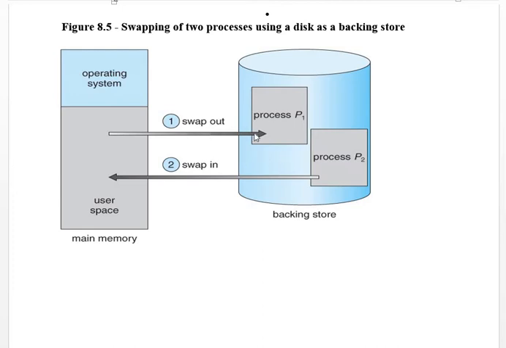And when the next process is scheduled for execution and is brought into the main memory, it is known as the swap in. This is done because memory has limited size and it can store only a few processes. So whenever the memory becomes free, the next process which is ready for execution is swapped in into the memory, and once it finishes the execution, it is swapped out of the main memory.